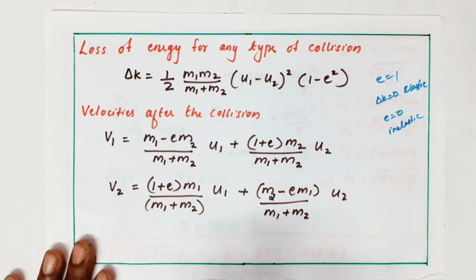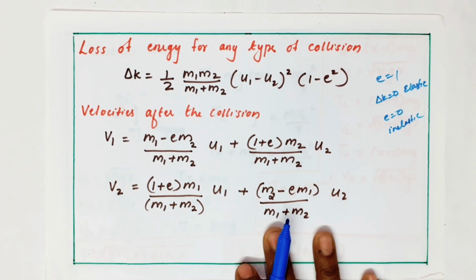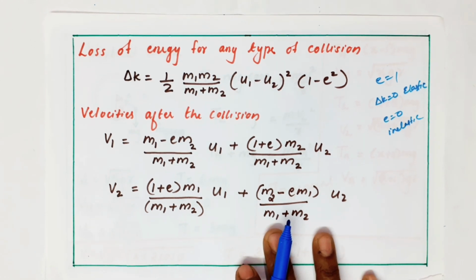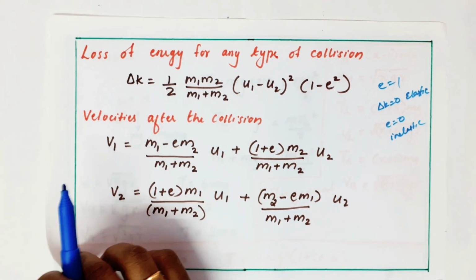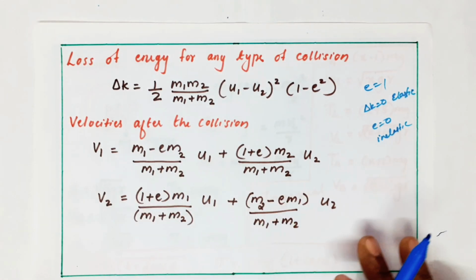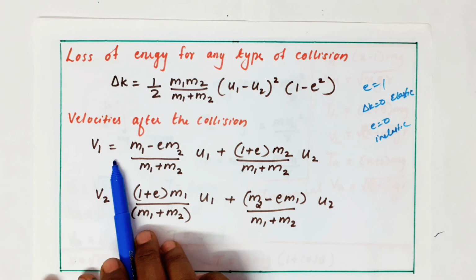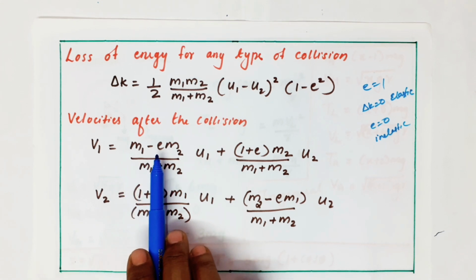Now I am telling an equation for this one. What are the velocities after the collision? The velocities after the collision we can write as v1 is equal to m1 minus m2